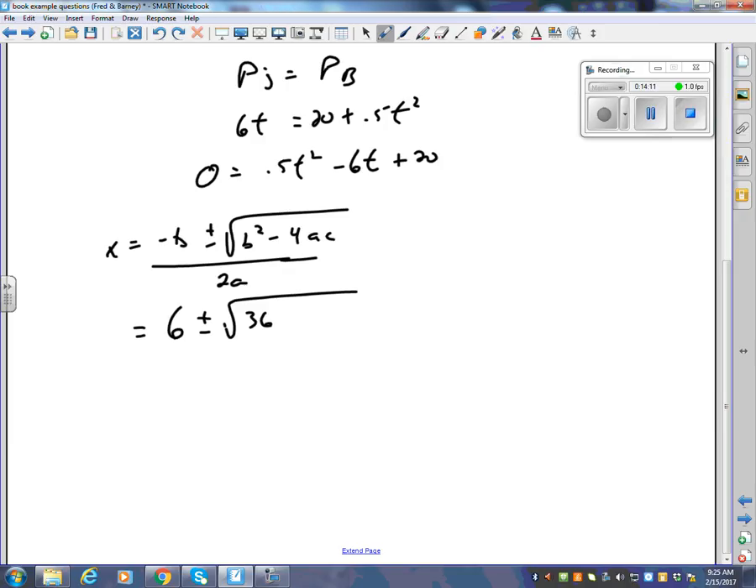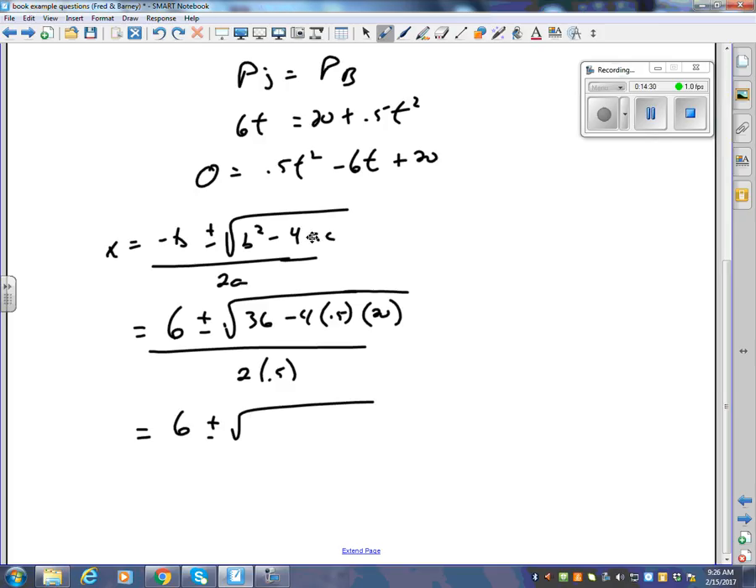Minus 4ac, so that's going to be minus 4. The a value is 0.5, and the c value is 20, all over 2a. Oh, so I guess that would be 2 times 0.5. Okay, so 6 plus or minus the square root of 4 times a half is 2, times 20 is 40, so that's going to be 36 minus 40, or